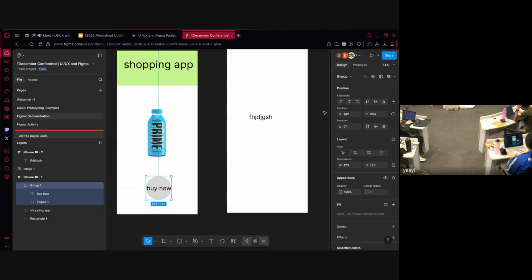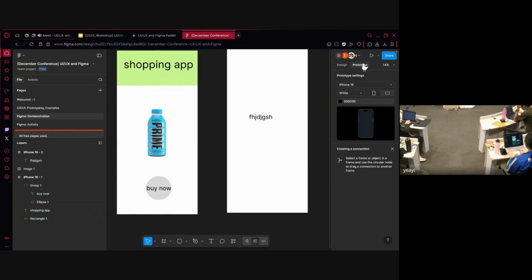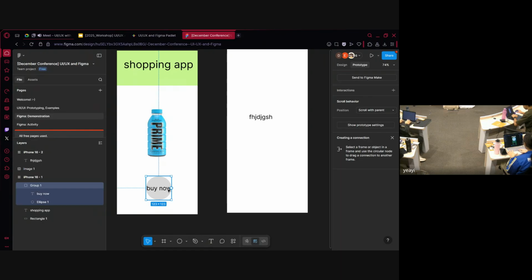I'll first have to go into the prototype settings. Next, I have to select this button here. And since I grouped it all together, it just gets selected as one object. And now if you hover around the corners, you see this plus icon. If you click it and drag it, you have this arrow. Now this arrow, if you hover it close to your other frame,